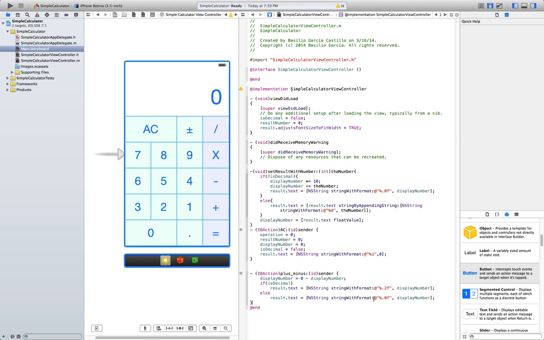Alright, let's start with the operations. IB action, divide, id sender.